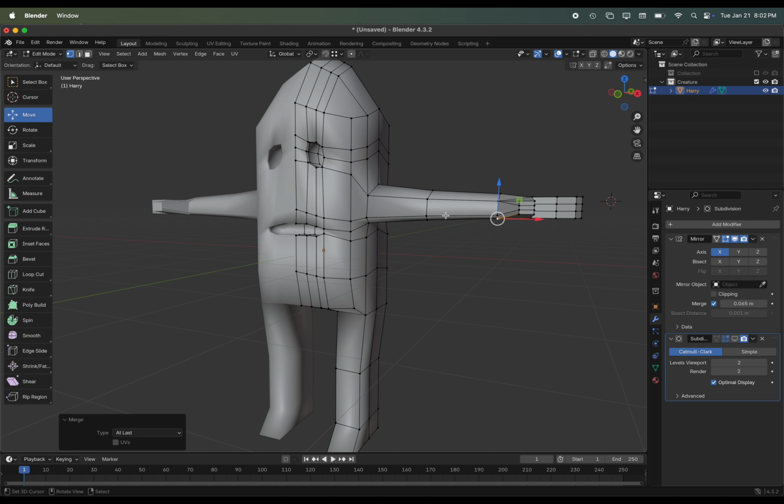Now, depending on which method you use to join together, merging or using snapping, you may end up with multiple vertices at a single spot. And you need to get rid of them because when you have multiple vertices overlapping each other perfectly, it can just cause weird issues, especially with the materials, but with some other things later on as well.